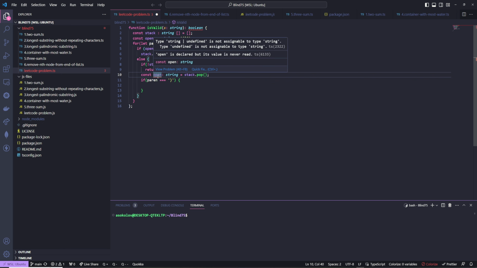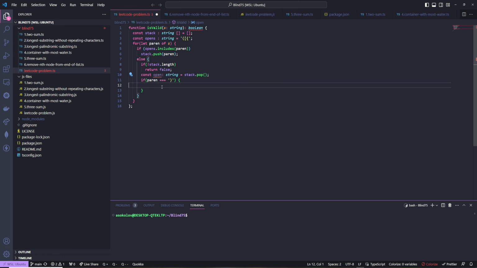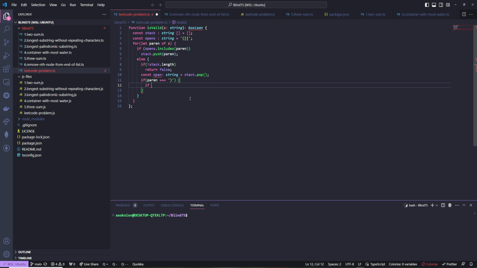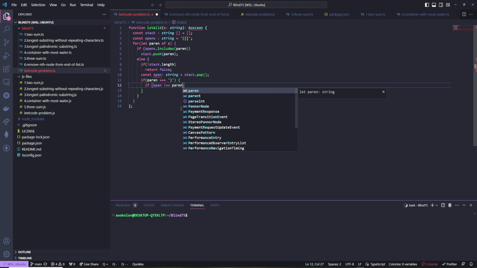Okay, there we go. Type undefined is not assignable to string, open is declared if it's valid. I think I'm going to have to use it, then it'll be fine, but let's just double check. So if paren is this, then if open does not equal... I guess technically stack can be empty here, but it should be fine. Yeah, because I did check for it, but let's see what happens. Okay, so if open does not equal paren,